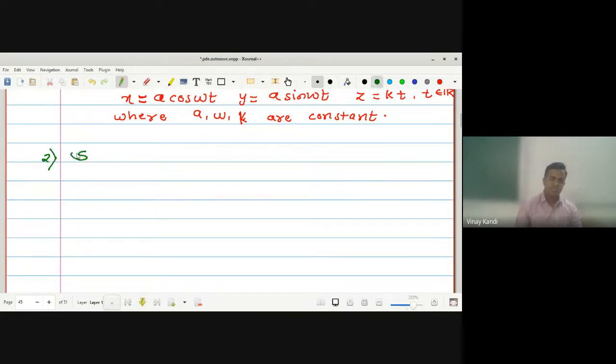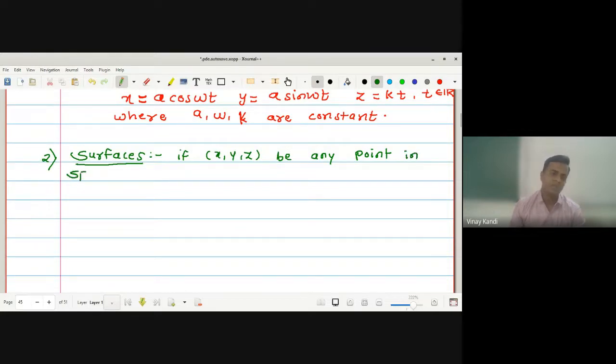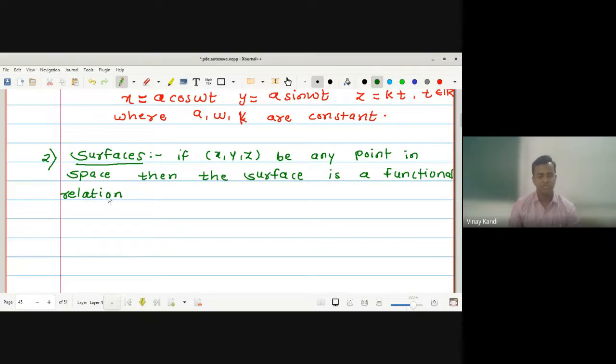Number two, surfaces. If x, y, z be any point in space, then the surface is a functional relation